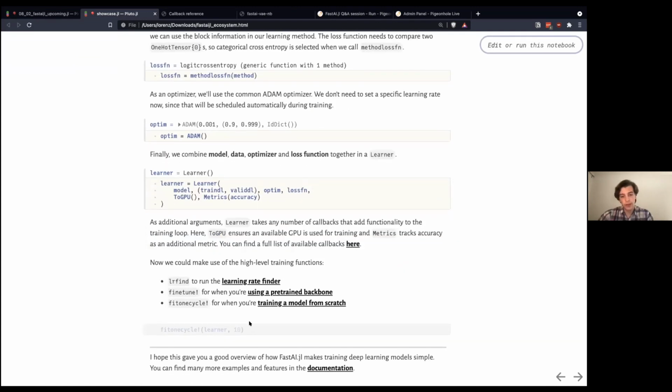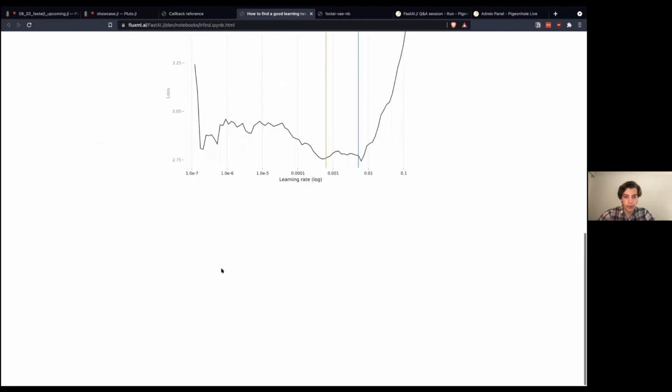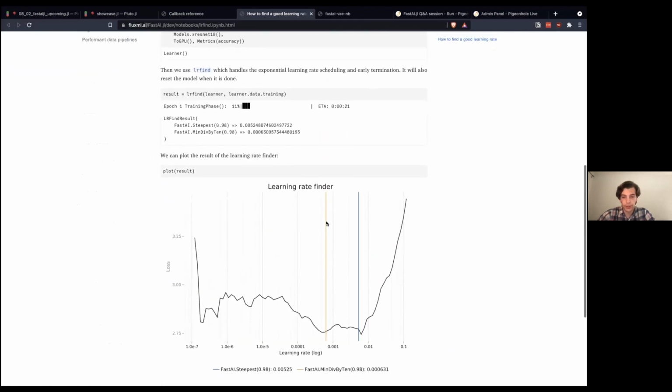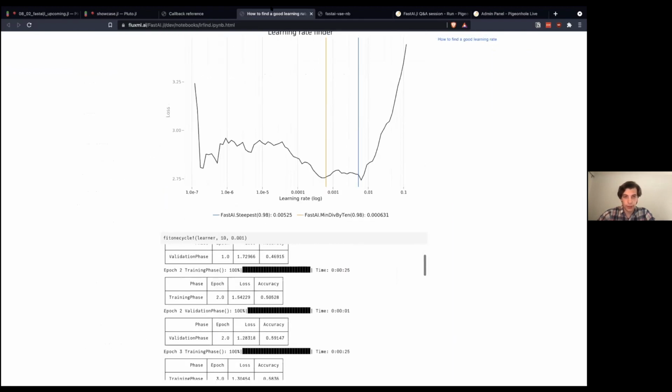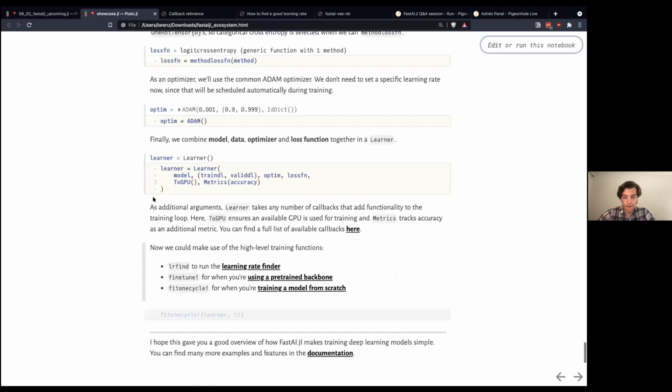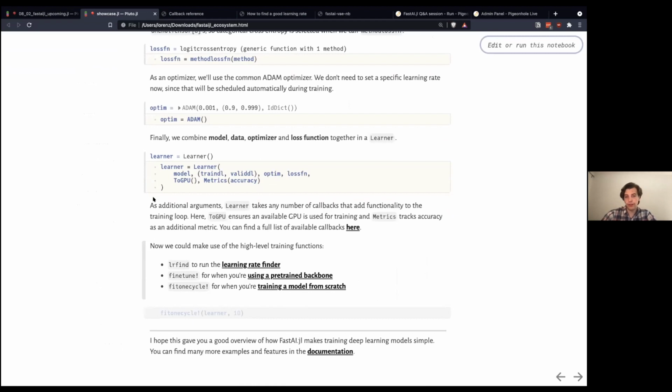You only need to call fitonecycle, finetune, or lrfind, which I haven't in this blog post, but you can look at the documentation and you'll see the learning rate finder and the training output. Yeah, and that's basically the basic workflow that FastAI.jl enables.